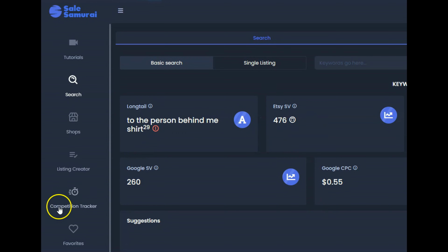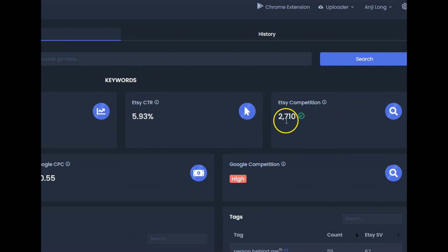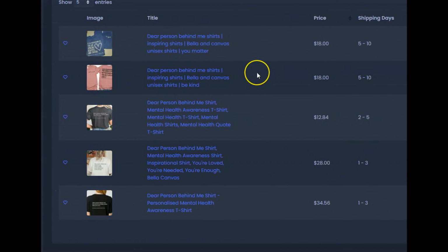"To the person behind me" shirt has a search volume of 476 and a competition of 2,710. So I always like to check the tags over here. So we have awareness shirt, kindness shirt, gift for her, positivity shirt, you matter. So many great different tags there. And as always, be sure to check the top listings at the bottom so you can see all of the different variations and how sellers are mixing this up